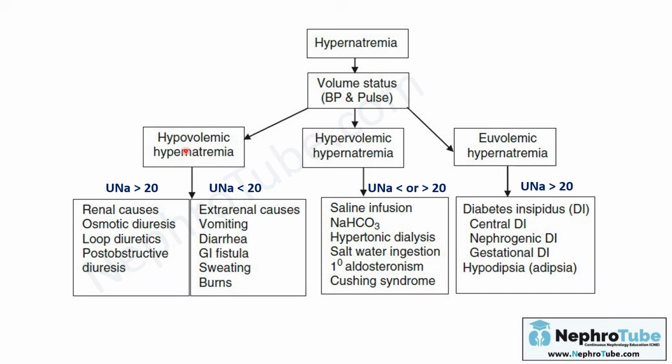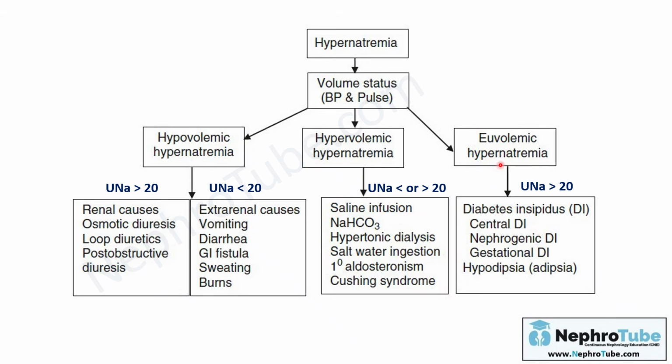In hypovolemic hypernatremia, theoretically, if you measure the urinary sodium and it is more than 20, you will find different causes. And if it is less than 20, you will find other causes. If urinary sodium is more than 20, all of these causes usually cause more sodium loss, but with more water loss, which is osmotic diuresis, which will cause concentrated blood and hypernatremia. If urinary sodium is less than 20, most of these causes, or all of these causes, will lead to water loss and